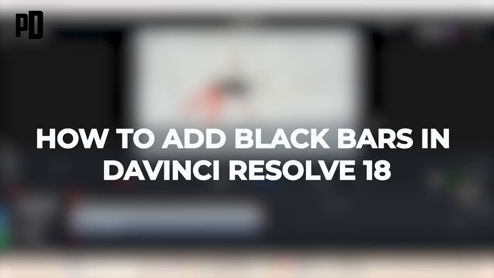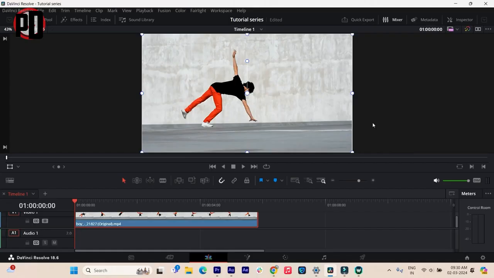In this video, I'll show you how you can add black bars to your videos in DaVinci Resolve. Now you can do this for a multitude of reasons, but for the most part, it basically gives your video a more cinematic look, and you can do this quite easily on DaVinci Resolve. And the best part about this is that it works for any resolution video that you have, any aspect ratio, it doesn't matter. You can easily add black bars using this simple setting that you can toggle just by clicking